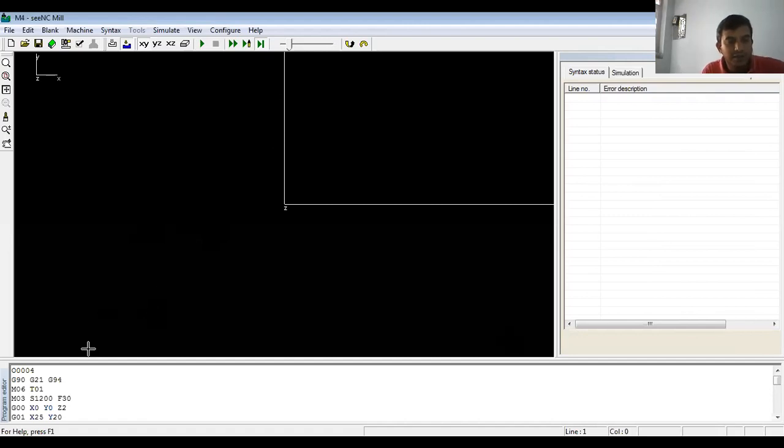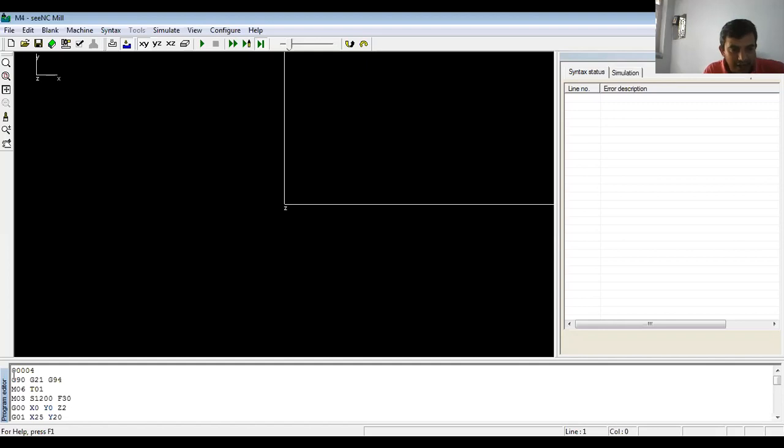Now, once you write the manual part program, you can copy that, or you can type the program again in the program editor of the CNC mill software. It comes under Cadence software. The name of the program starts with letter O followed by a 4-digit number, then initial G codes. Whatever manual part program you have written, you can write or type the same thing here, or copy and paste it here.